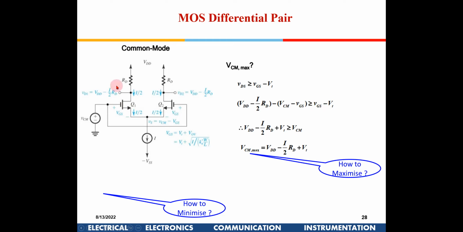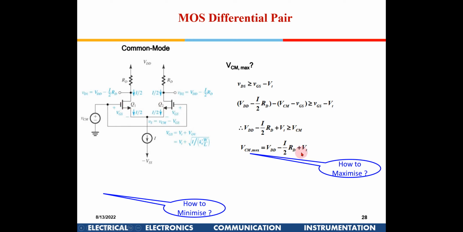So VDD, what is the overdrive voltage? It is in a VCM I have given here, right? And ID by 2 times RD is the voltage which gets dropped across this resistance. So the drain voltage out here will be VDD minus ID by 2 times RD, right? Now this voltage has to be at least the overdrive voltage. So I will get VDD minus I by 2 RD, this is the drain voltage, and this is the overdrive voltage,